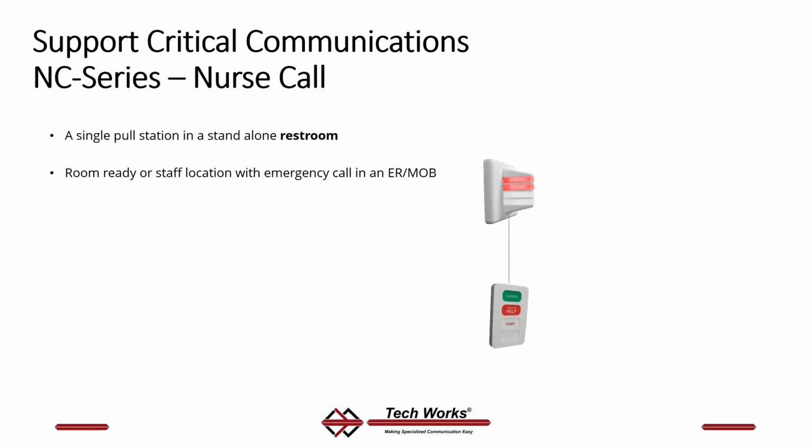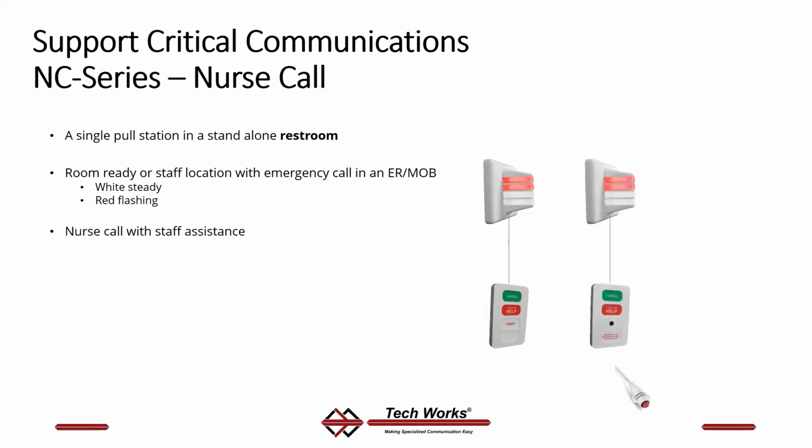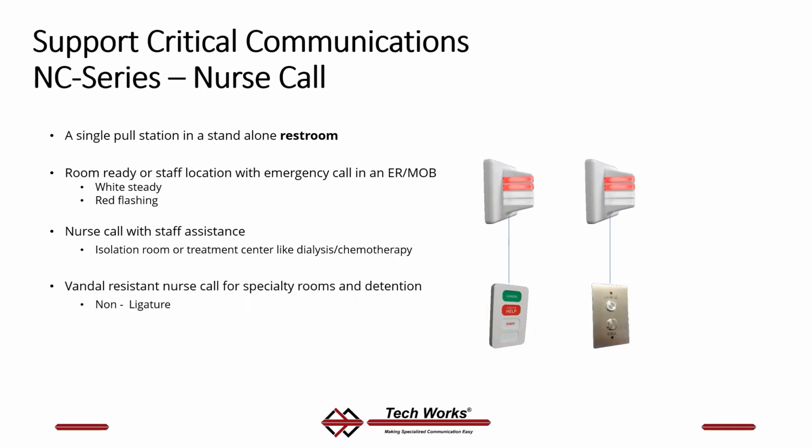If you have a system, it may consist of things like a white light for staff in the room, and a red light flashing means that staff person needs help. You can have patient stations. These could be in isolation rooms in a hospital. They could be in dialysis, chemotherapy. All kinds of different treatment centers use our patient stations. You could add vandal-proof hardware to these systems, and it could be in detention facilities, anywhere mental health where non-ligature